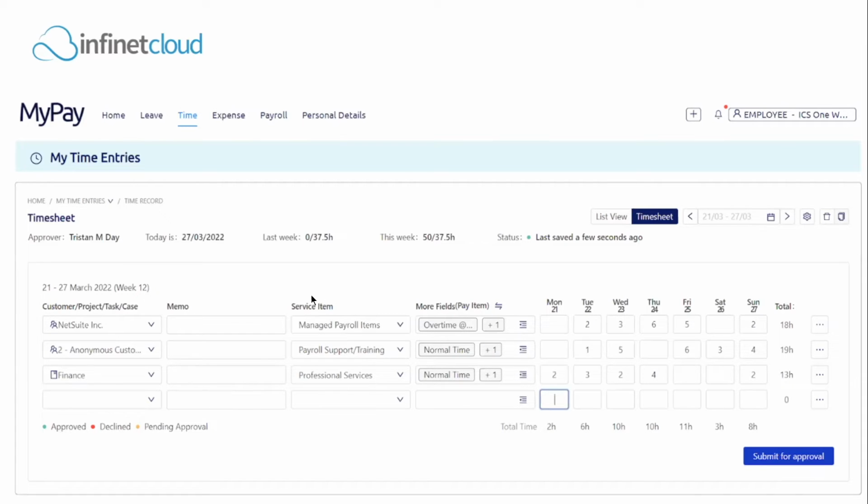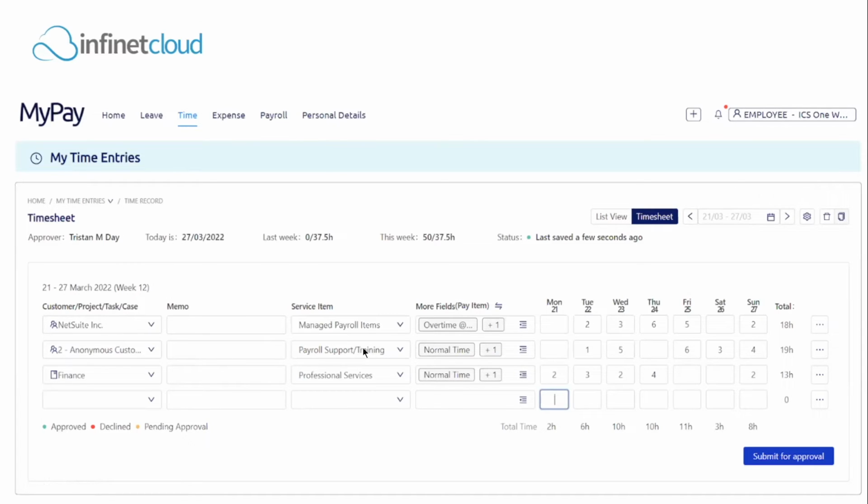As a built-for-NetSuite hybrid app, MyPay gives you the best of both worlds. The solution does manage part of the process externally to NetSuite. However, taking a NetSuite first approach, MyPay exists almost as a sidecar to your NetSuite system. Everything is still driven by NetSuite, and all data is shared automatically between the systems. And this ensures that your users can enter time as you need them to in the real world. And MyPay processes this and outputs that data in a format which NetSuite can process, satisfying the needs of the